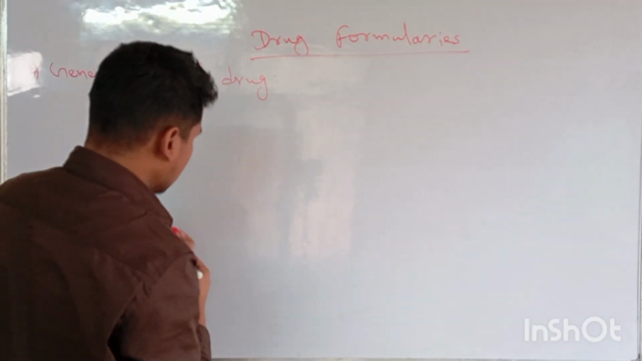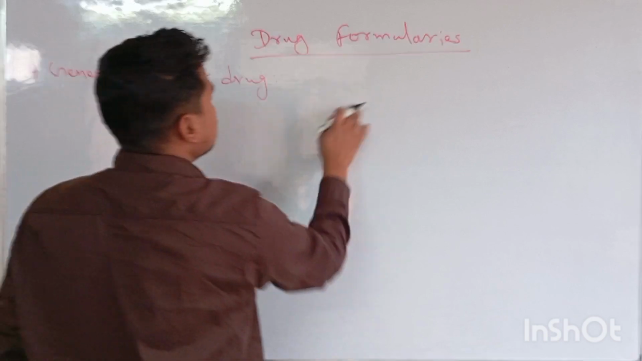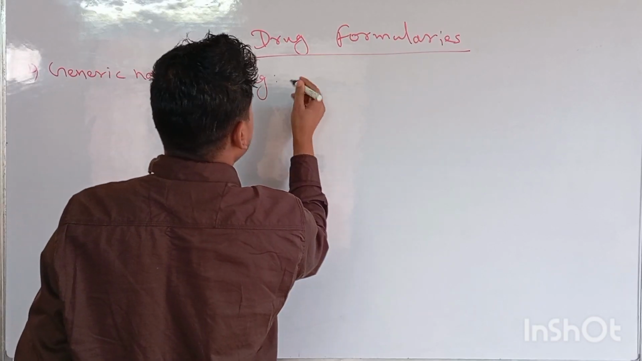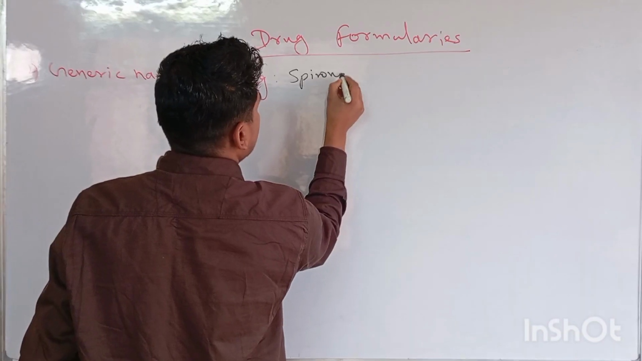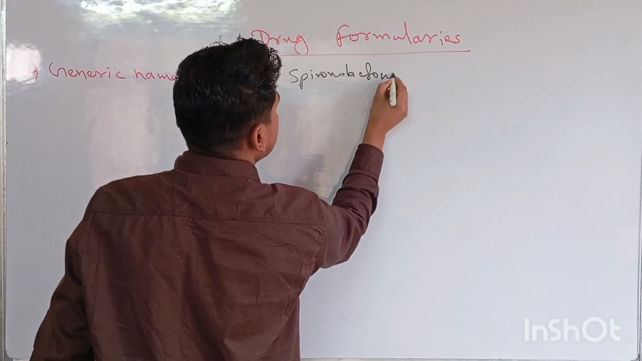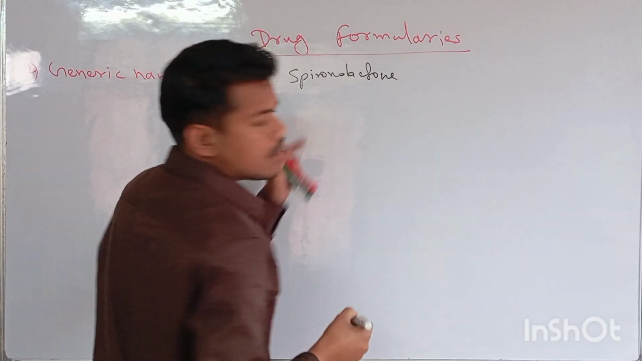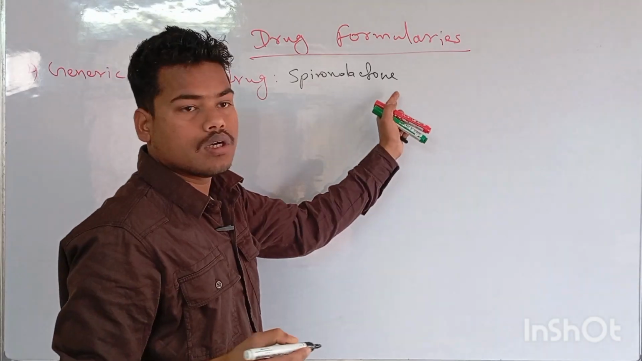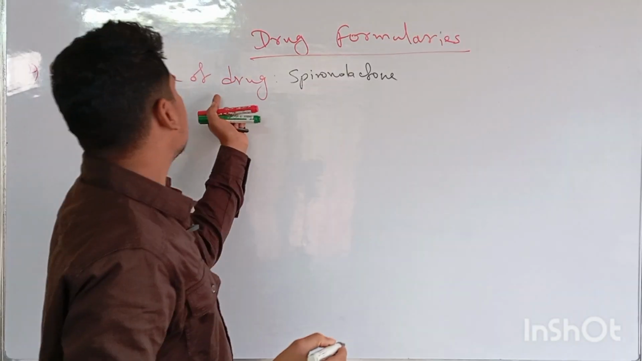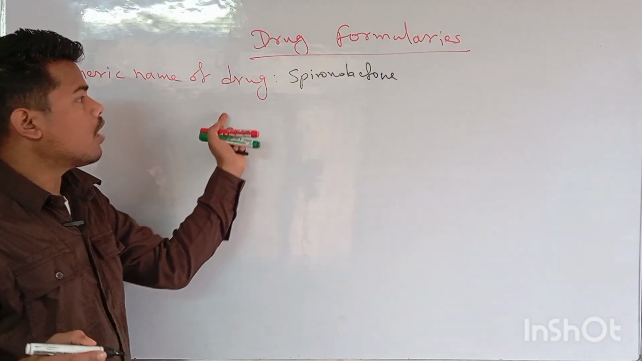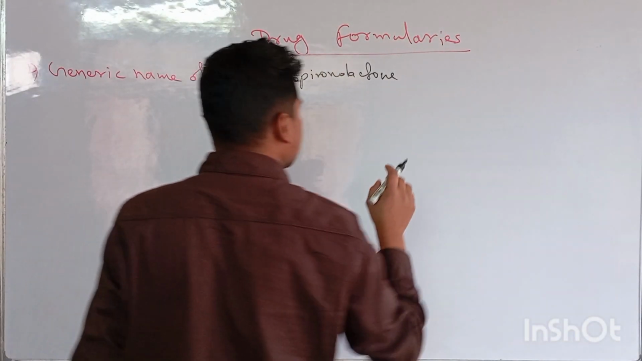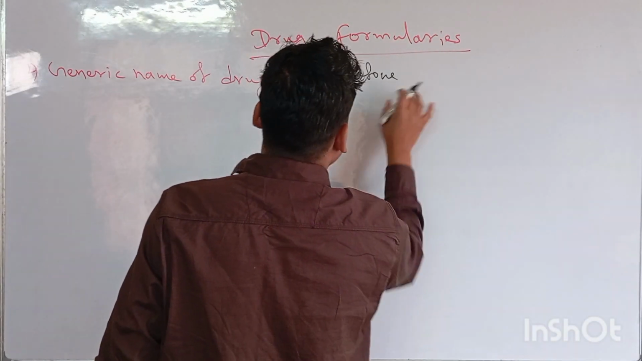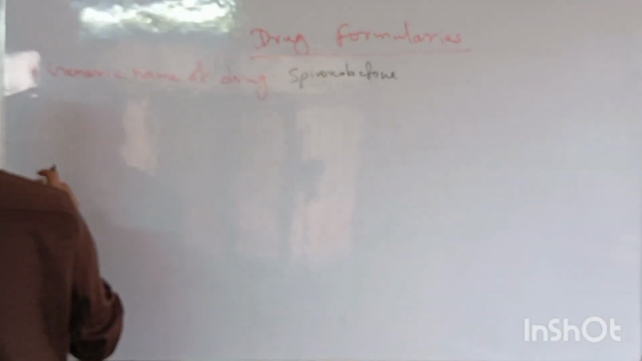Generic name of a drug, like let's suppose I will write here spironolactone. I will be taking the example of this spironolactone while describing how to write these formularies, so that it will be easier for you to understand. Spironolactone. Then there will be